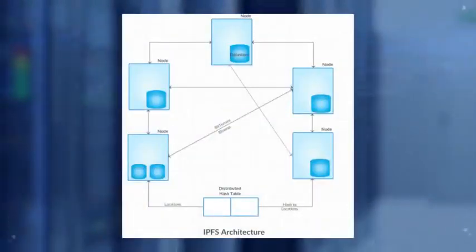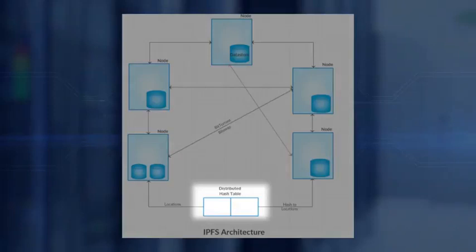This is the high-level view of the architecture of IPFS. Files are located in a distributed system. A distributed hash table maintains the location of the files. Applications use the hash as the key in the DHT that returns the location of the file. Once the location of the file is determined, the peer-to-peer transfer takes place.